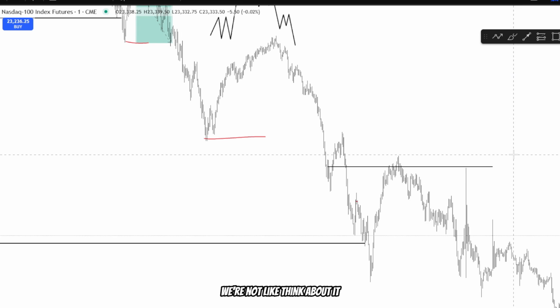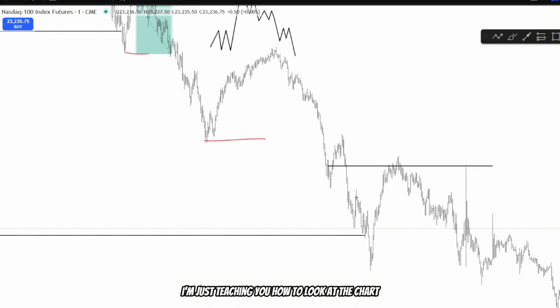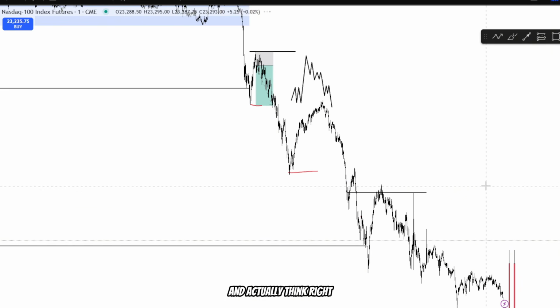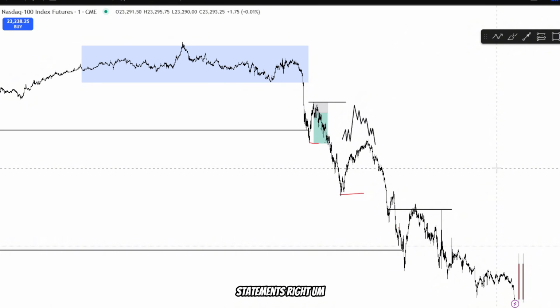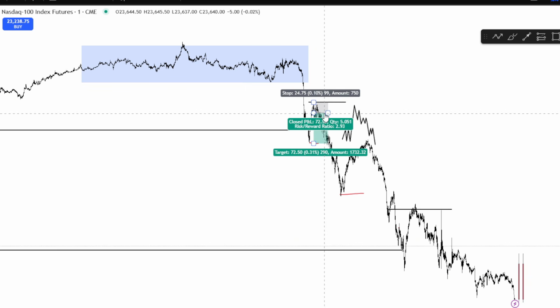We're not, like, think about it. Have I taught you anything like, oh, use this model? I'm not teaching you models, right? I'm not teaching you a model. I'm just teaching you how to look at the chart and actually think, right? I'm teaching you narrative, and I'm teaching you if-then statements, right? So